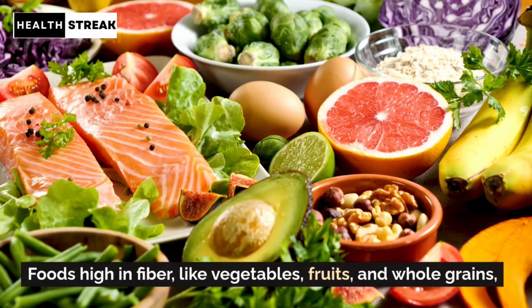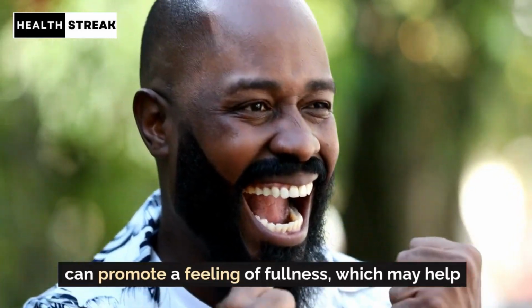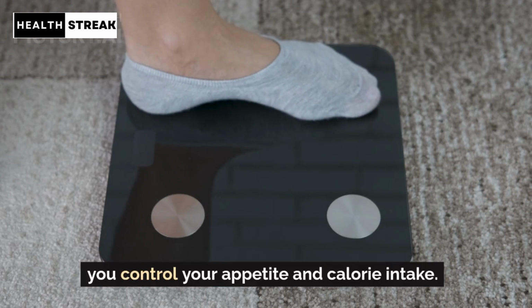Fiber-rich foods. Foods high in fiber, like vegetables, fruits, and whole grains, can promote a feeling of fullness, which may help you control your appetite and calorie